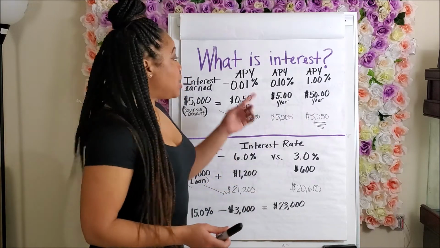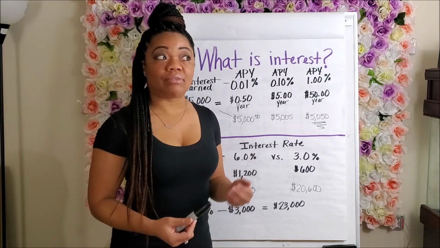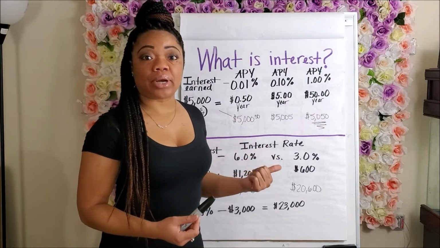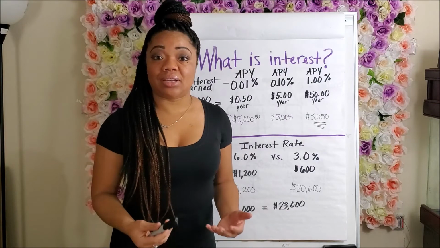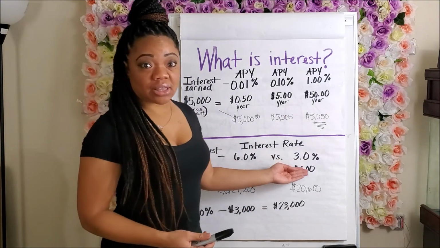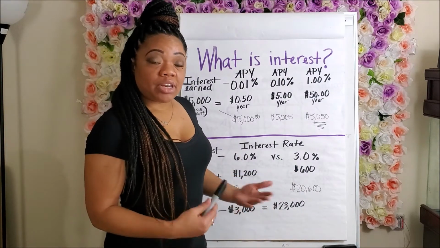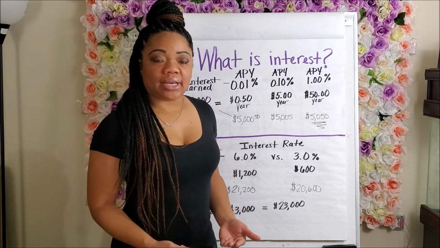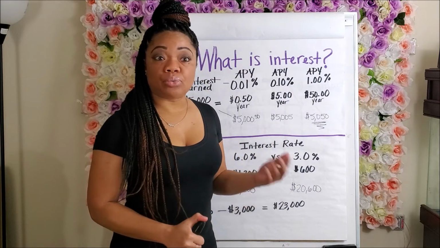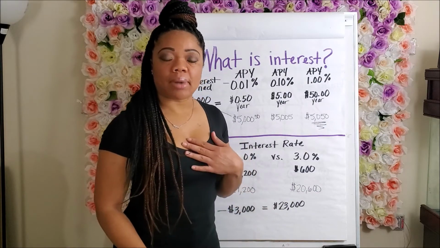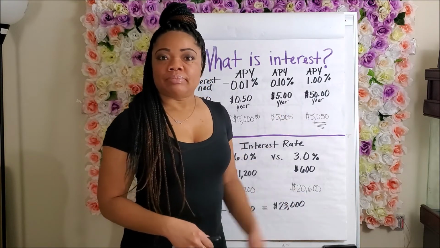But just to give you an idea, all of these numbers have applied to me at one point in my life. I have utilized each one of these numbers at some point, and I've had to do my research to find out why it was this, or if I could get a different one. So I have refinanced from this to this before, and it's a huge difference. If I could save $600 and not pay so much back on a loan that I've gotten, I want that. So I strive to make sure my credit score is legit and that I am utilizing whatever resources I can to get the best interest rate on my money that I am paying back. Because yes, I want to borrow the money, but I also don't want to pay an arm and a leg back.